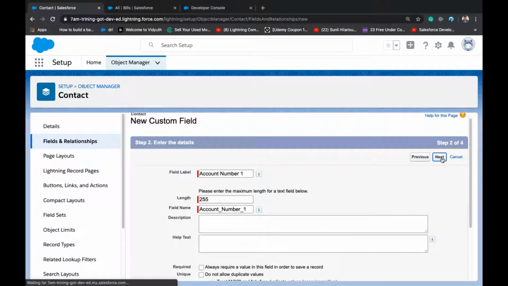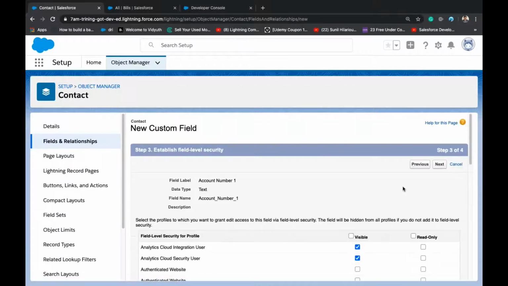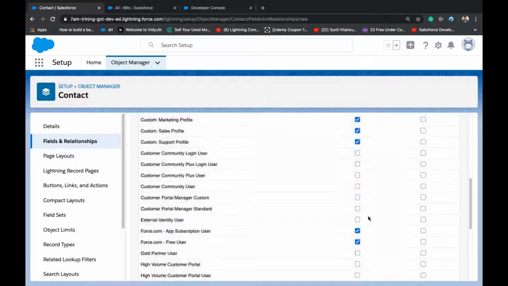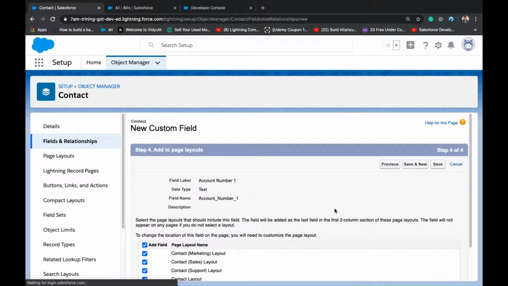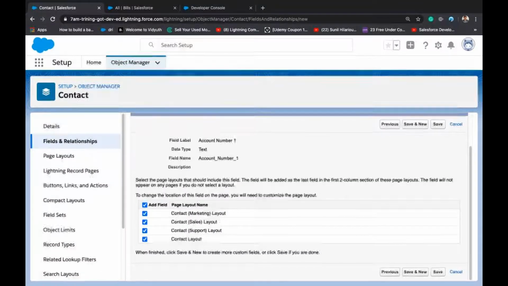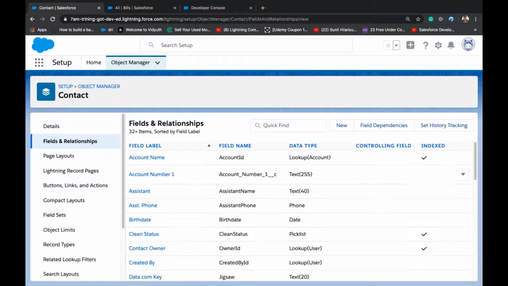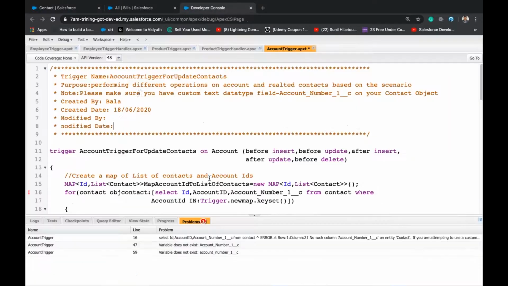Okay, click next. And 255 is the maximum, right? The maximum characters that we can add in a string or text data type. Now this error will go off.